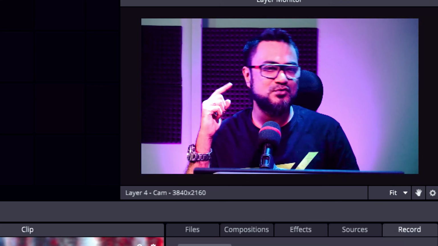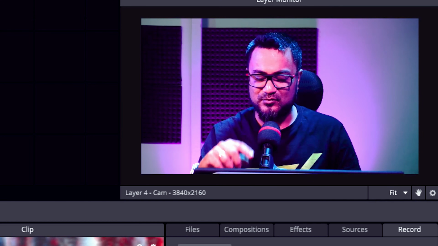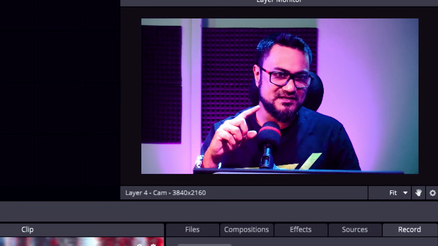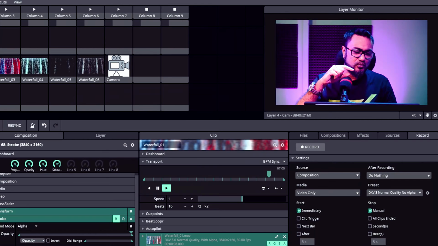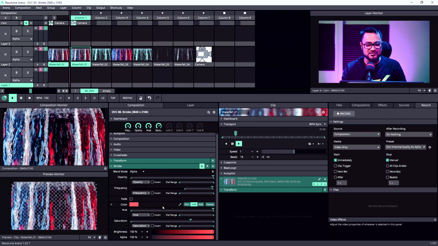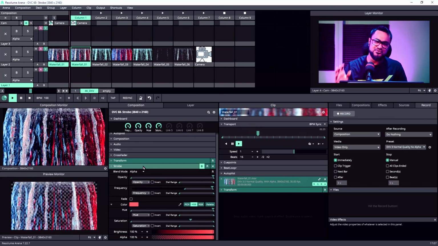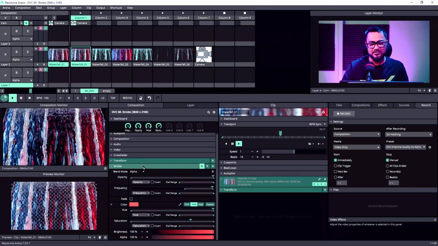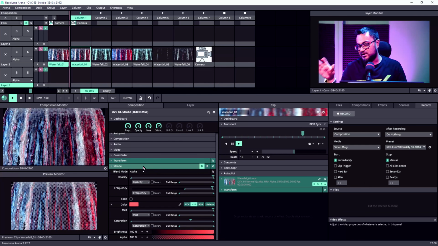Okay. So far we have made 2 shortcuts with keyboard mapping. One is opacity and one is frequency. You could go more crazy with colors and saturation and hue, but I'm sure you can do that. Let's dive into the MIDI part, how we can use this with our MIDI controller.